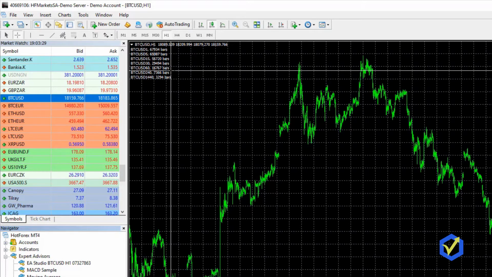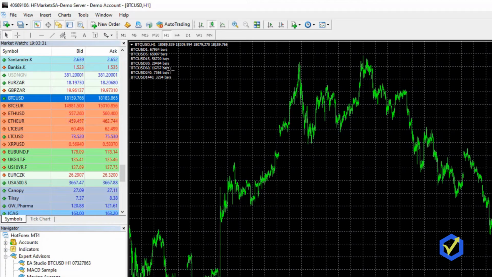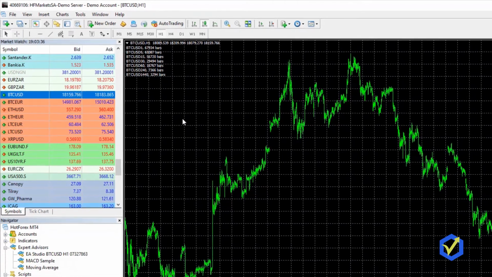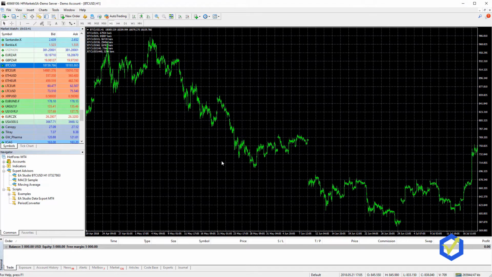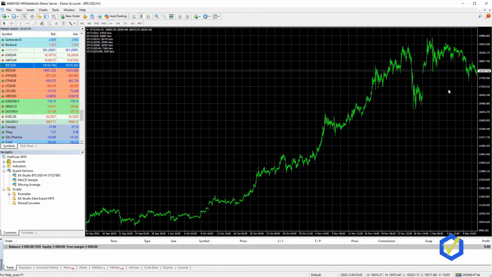And the solution was that we wait for months or even years to collect the bars. Alright, so when you leave your MetaTrader open, every new bar, every new candlestick that opens will be added to the existing data, and after months you will have enough bars. But that's obviously a time-consuming method, and now in 2020 we have the best solution for historical data, which is